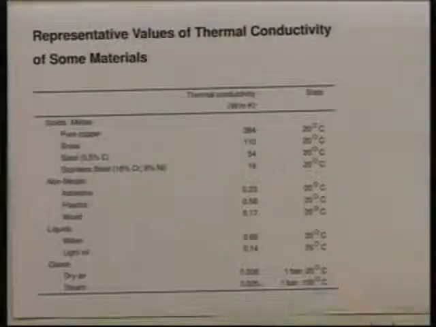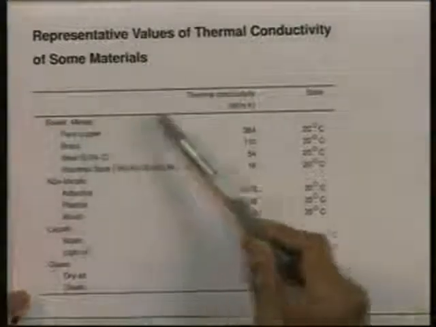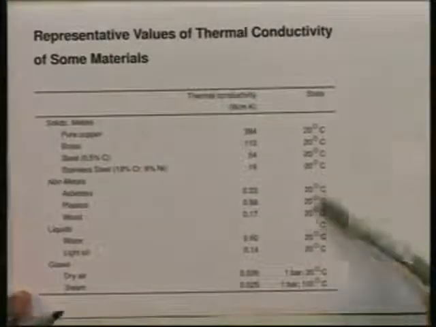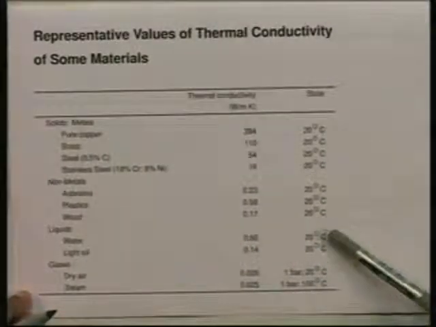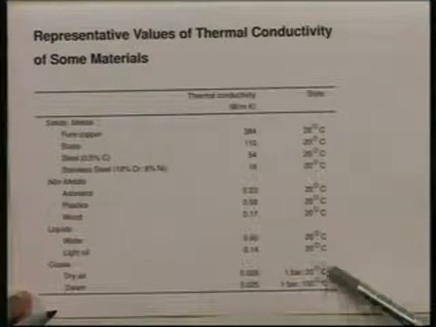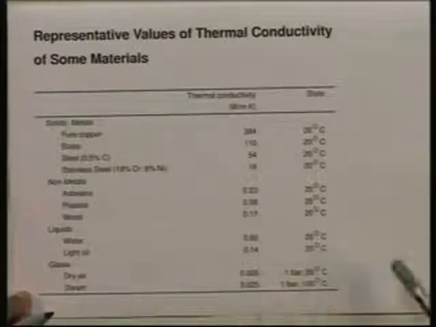I want you to look at this table in order to get that feel. What I have done here is, I have listed the value of k first for solids, then for 2 liquids, then for 2 gases and vapors.